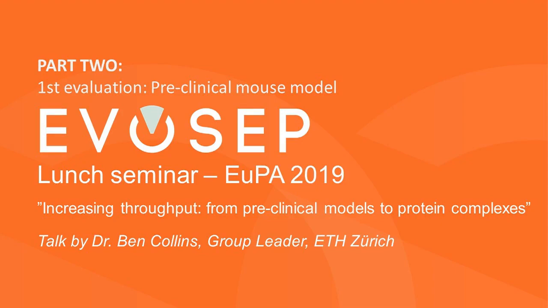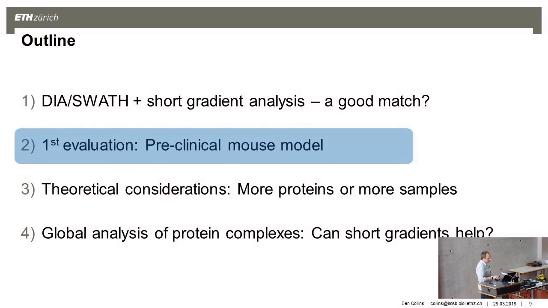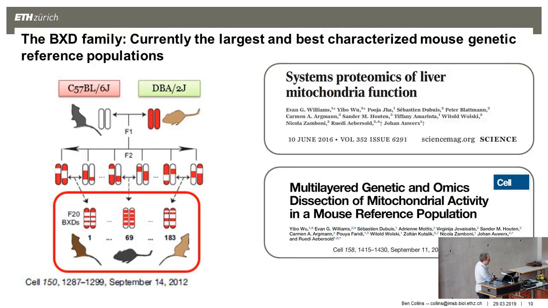Second part, I want to move on to this preclinical mouse model. This was our first attempt to make a serious analysis and use the power of the Evosep and try and analyze a few hundred samples. One model that has been used extensively in our lab, primarily work from Evan Williams and